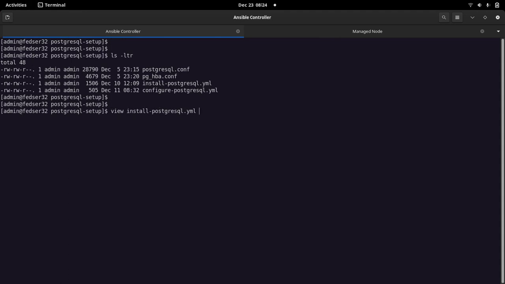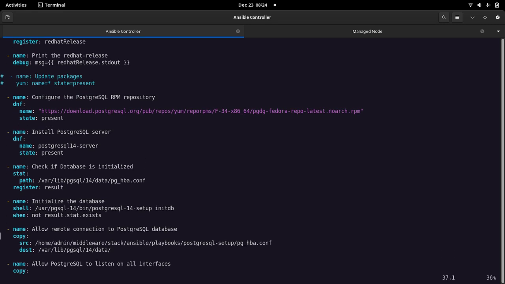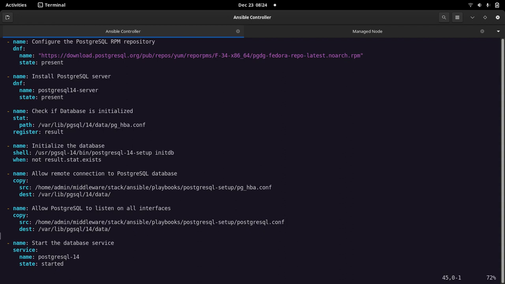This is the playbook that we created in our last video, which installs and configures the PostgreSQL database. As you can see, we created the RPM repository for the PostgreSQL database, installed the PostgreSQL database package, and made some configuration changes so that the database can be accessed from all the interfaces and remote access is enabled.